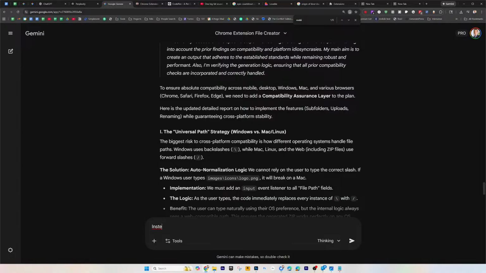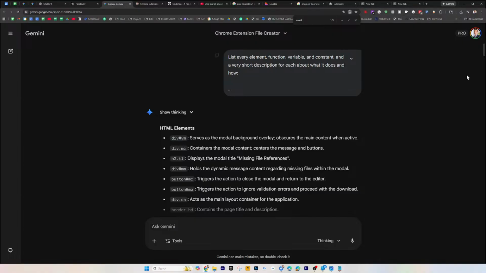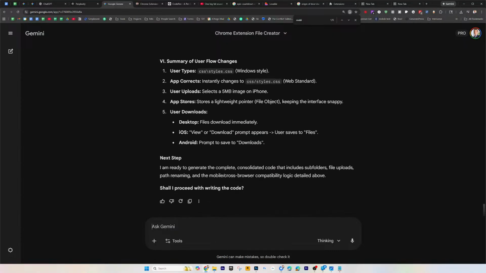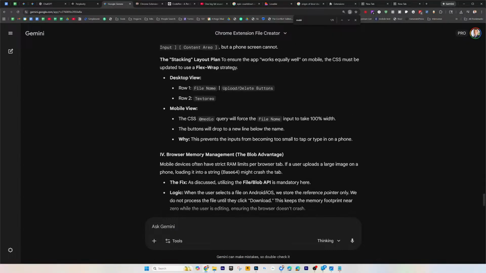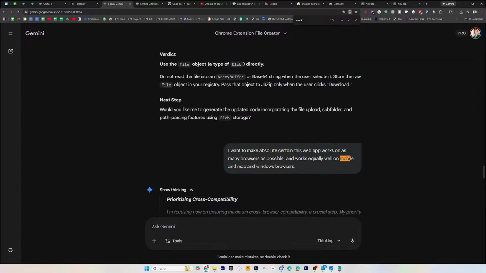I could try telling it to make the updates to work across all browsers first, and then the other edits. But I don't want to do that, because this context up here at the beginning is before we made any of the edits. This is a common situation that you may not realize is where a lot of your errors are coming from. So I'm going to go back a couple steps actually,